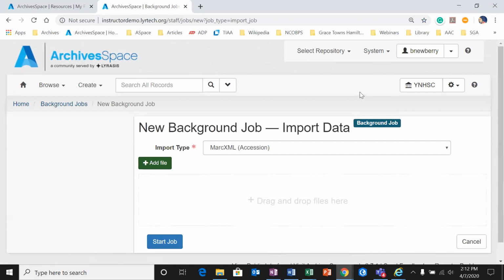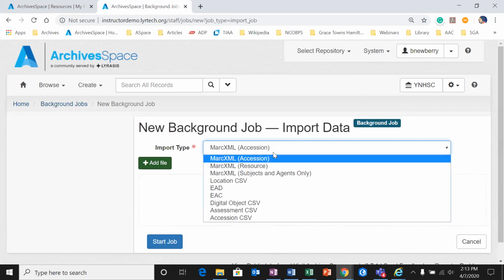Okay, so from background jobs, you can import various files. You can import MARC XML for accession, MARC XML for a resource, MARC XML for subjects and agents, your location CSV, an EAD, encoded archival context file, a digital object CSV, even one for assessments, and a CSV for accessions. So